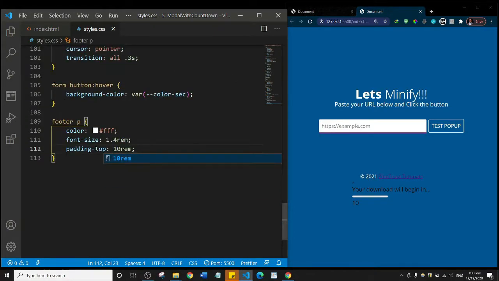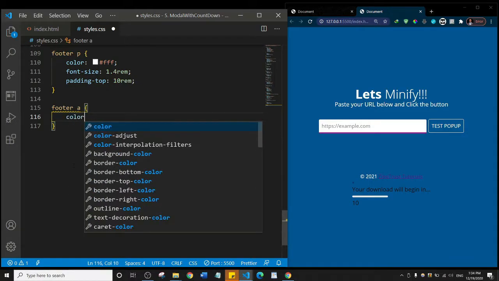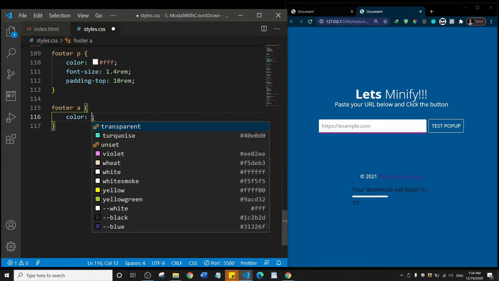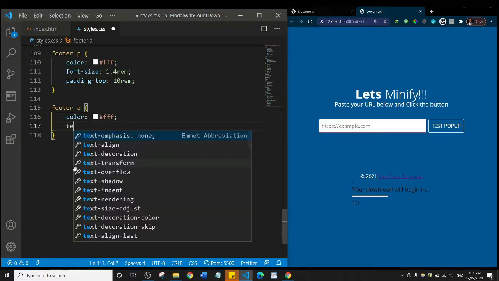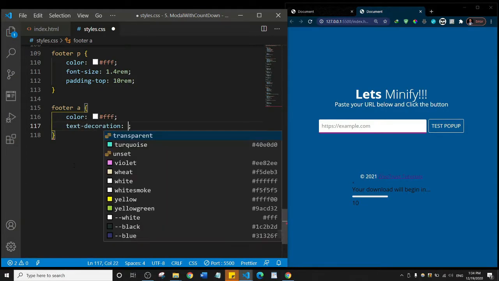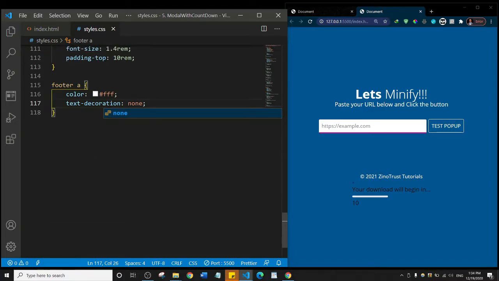Then lastly, let's add something for the footer link. An a tag. So basically, the focus is not actually on the CSS, it's on the JavaScript. Okay, so we're done. Now what we need to do next is add some styles for the